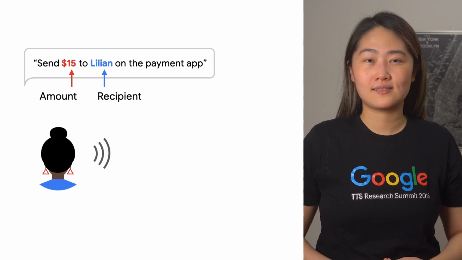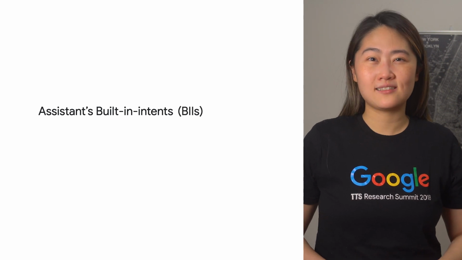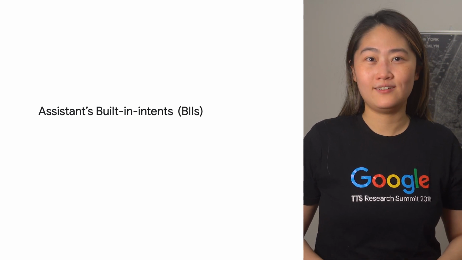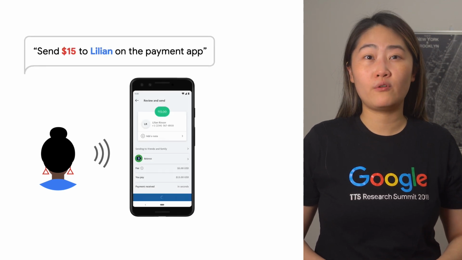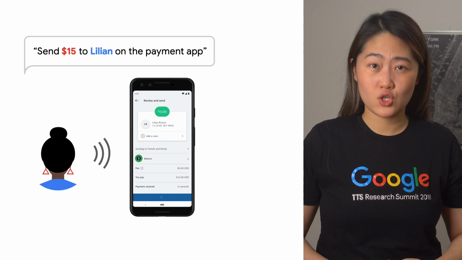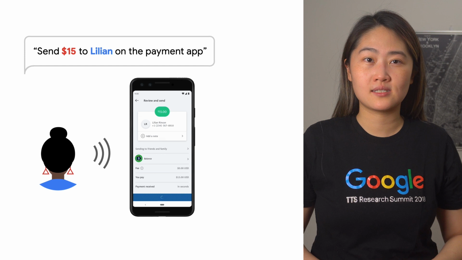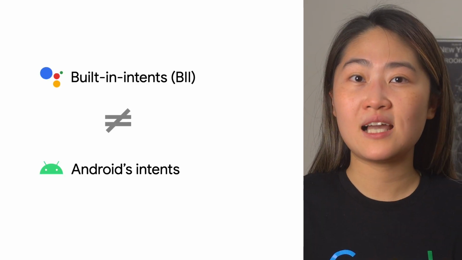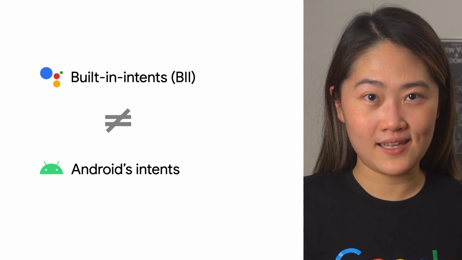existing experience. Speaking of intents, we are talking about Assistant's built-in intents or BIIs here. It is a key concept that App Actions provides for Android apps. It allows Google Assistant to translate a voice query into an app's deep link with parameters. Note that a BII is different from an Android intent, which is a different topic and we won't talk about